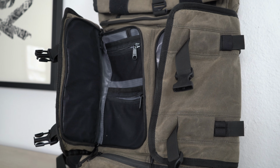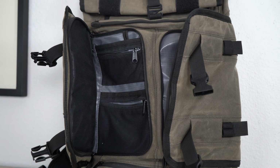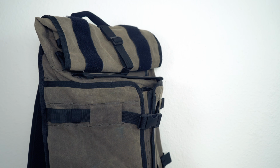I love the way this bag looks, but it also has two unique front, almost quick access compartments that can fit a variety of things. The only problem about this bag, besides the fact that I think maybe it has a little bit too much organization going, because you have this pocket up here, you have a pocket down here, you have the roll top, you have the two things out here, you have some pockets on the back, the zipper, the water bottle pocket comes out, but it's almost like this bag is a transformer in a sense, where it's like, hey, you have all this organization if you need it,